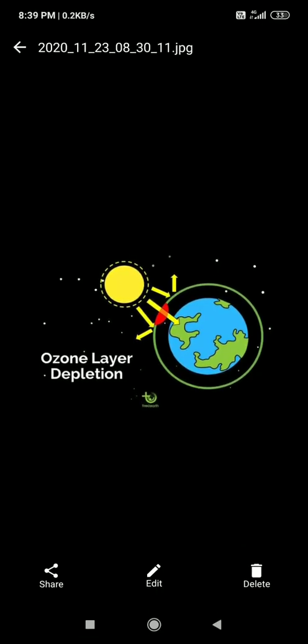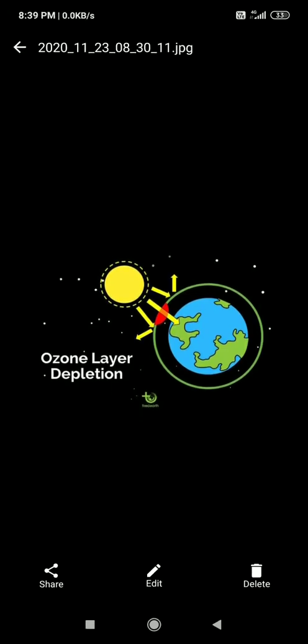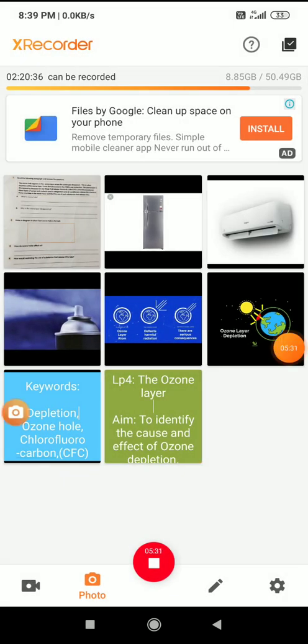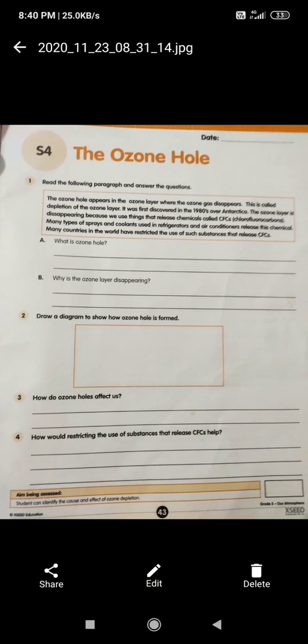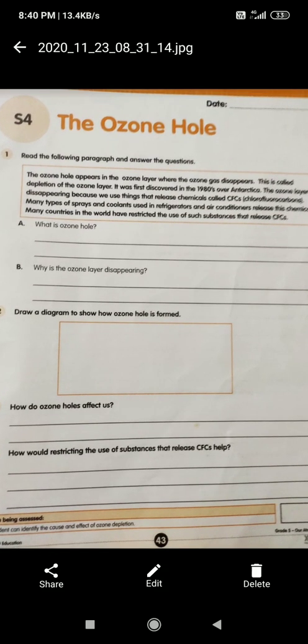So like that, if we stop using the CFCs, then the ozone is continuously formed in the upper layer of the atmosphere. If we stop using things which are depleting the ozone, then these ozone holes may get repaired over a long time, right? So like this we can protect the ozone layer. If the ozone layer is not there, then there will be no existence of life on the earth, right? This is the importance of the ozone layer.